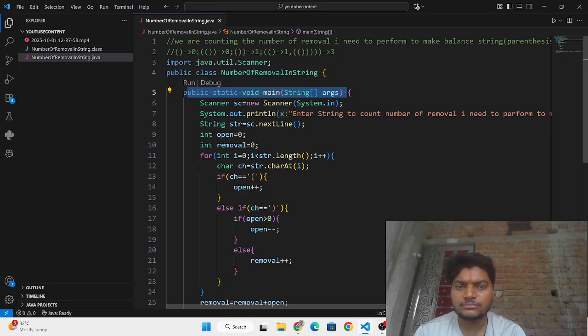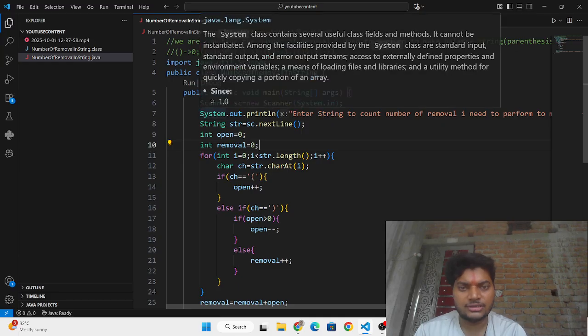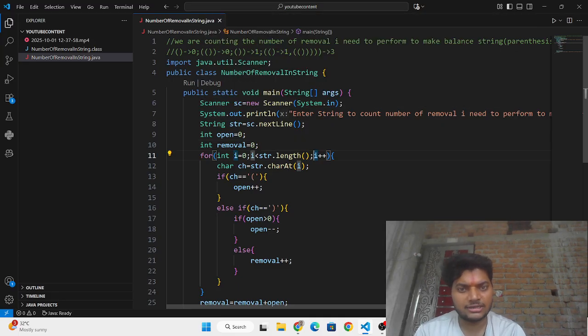And this is the object of the scanner class, you have to make an object to take any input. And this is the output statement.